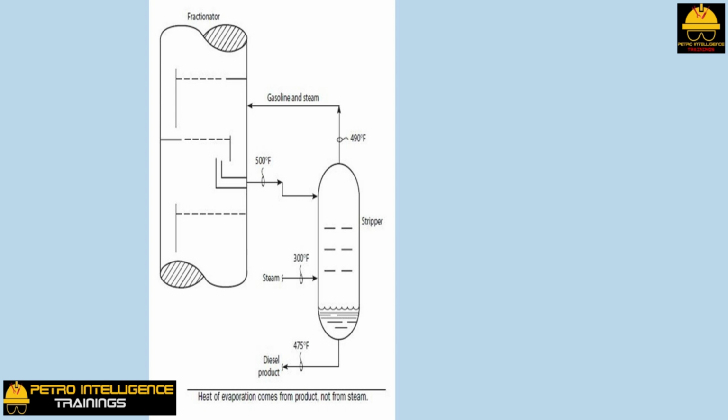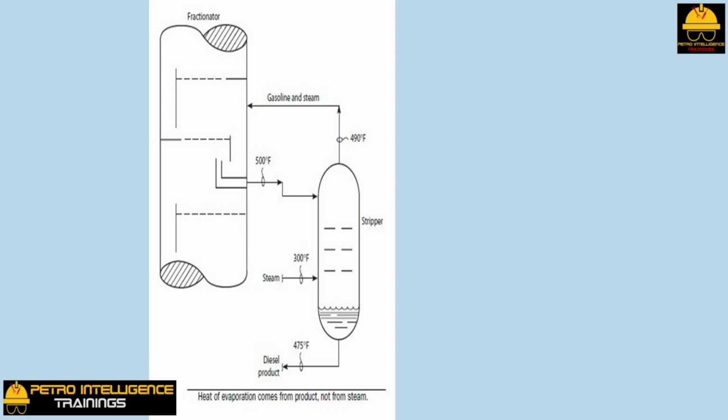The heat of vaporization of the gasoline cannot come from the steam, because the steam at 300 degrees Fahrenheit is colder than the diesel oil at 500 degrees Fahrenheit. The heat of vaporization must come from the diesel oil product itself. We can use this idea to calculate the percent of diesel oil that would actually vaporize across the stripping trays